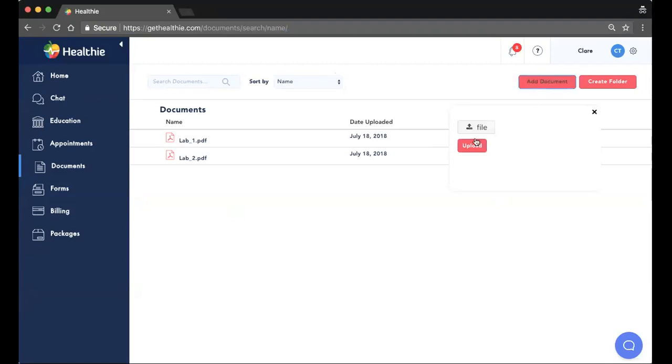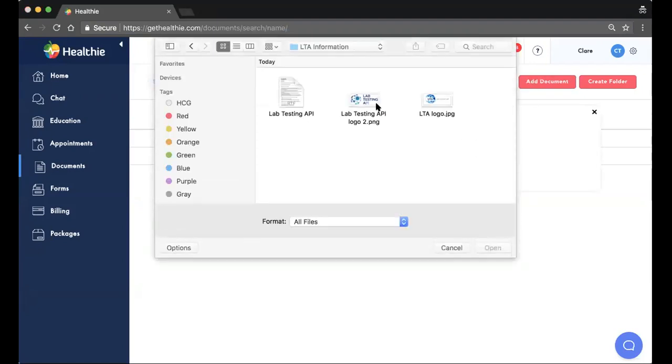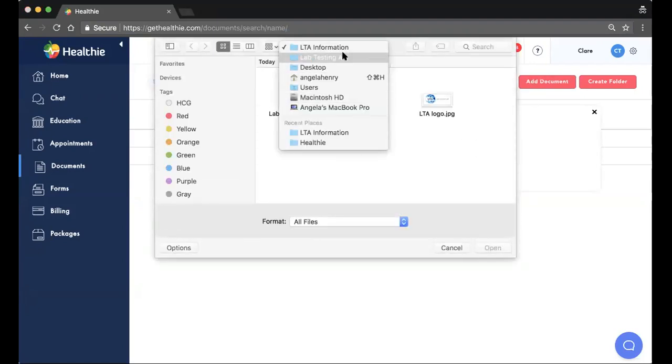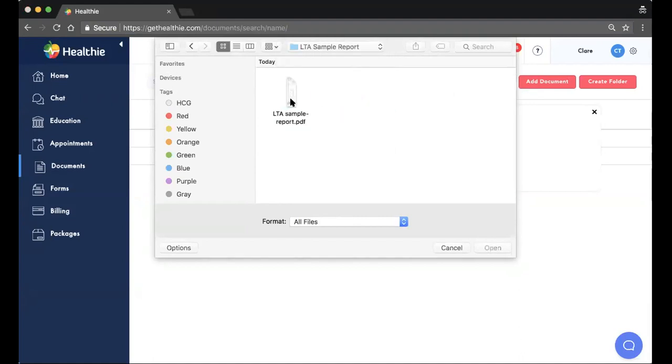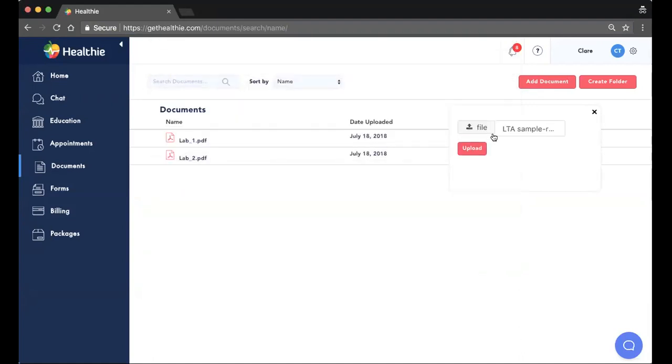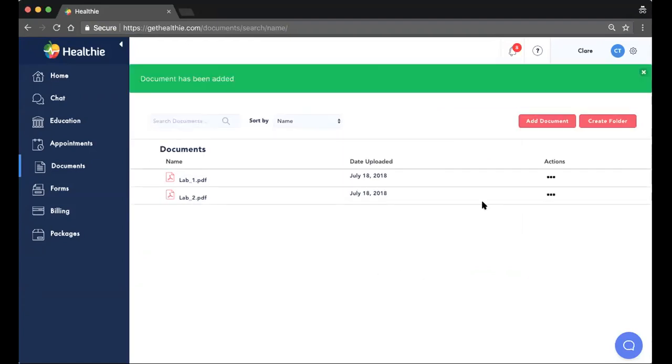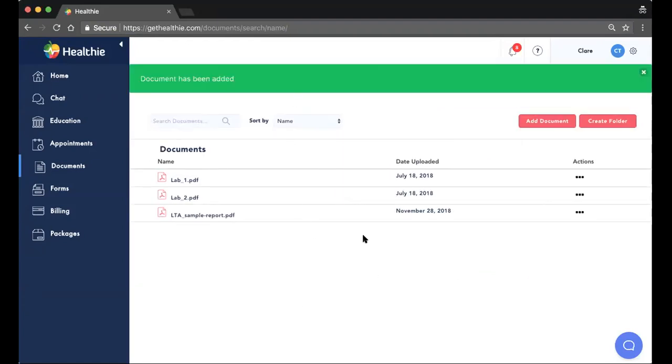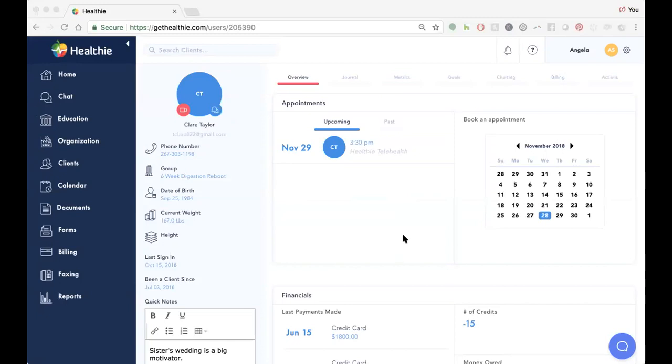And then as the client, I can really easily just add a file here. So I'll add that report, pull it up, and just upload it here to my portal. And so now that it's been added, it automatically will share this with my provider, with my dietitian or health coach, naturopath, etc. And so now, and bear with me because I'm kind of switching around here. Now I'm going to go back to that perspective from the